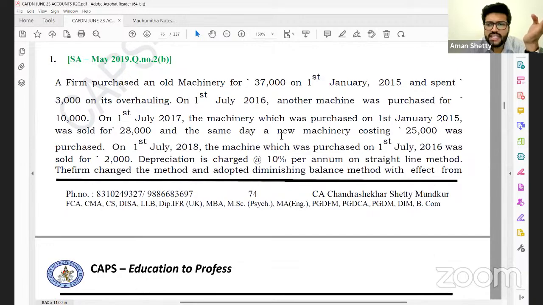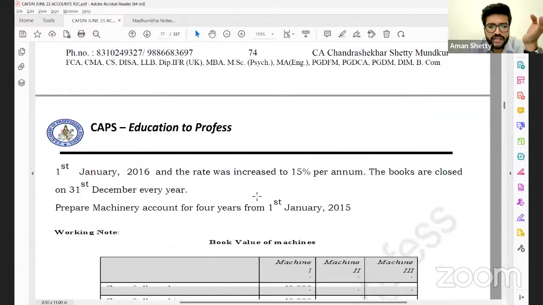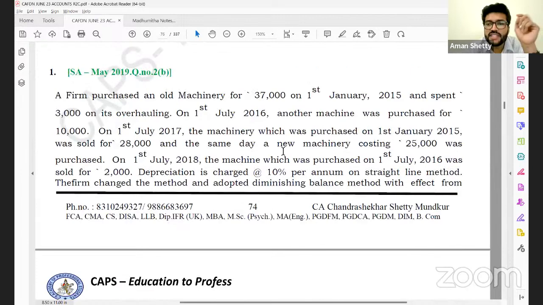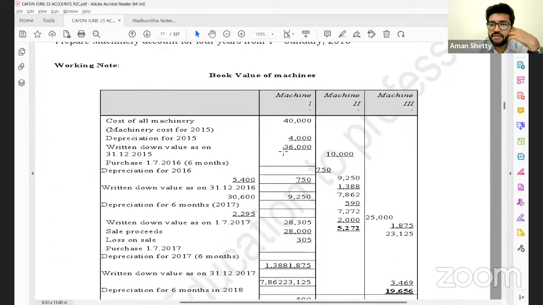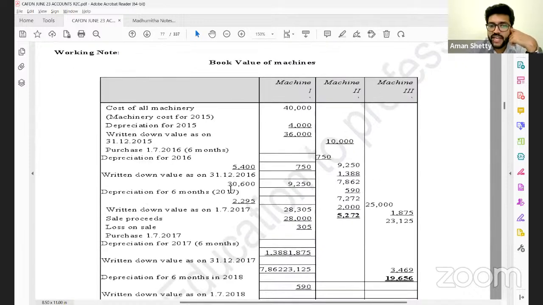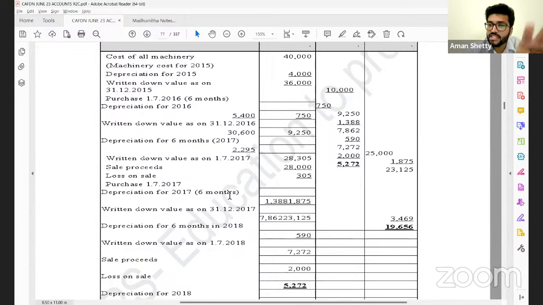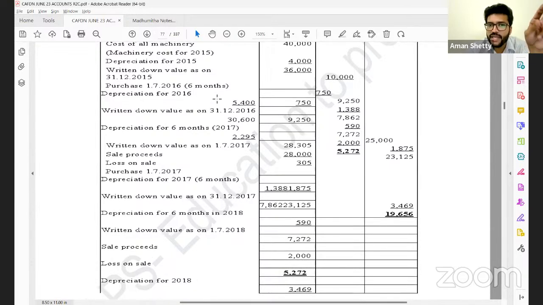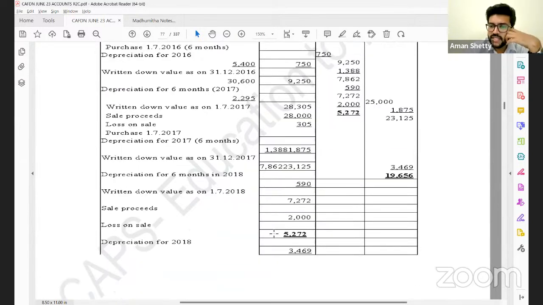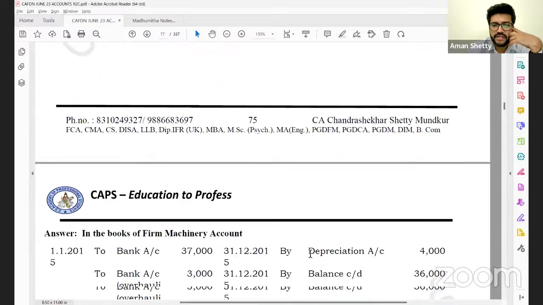Next. There's another similar kind of problem here. You remember this machinery 1, 2, 3 machineries. I had done this similar type of problem in the class, if you remember. Machinery 1, 2, 3, and then we calculated the written down value. There's a change in the method of depreciation. First, it will be, I think, the SLM to WDV or WDV to SLM. Yes, similar kind of problem we have done in the class. Okay, go through it.